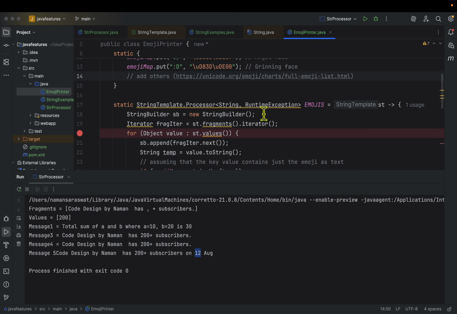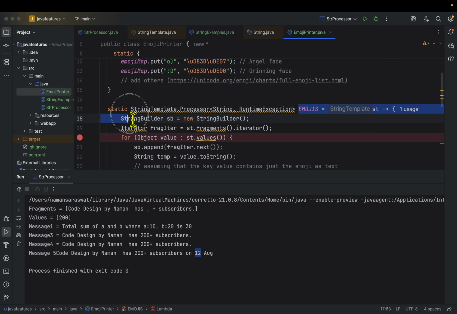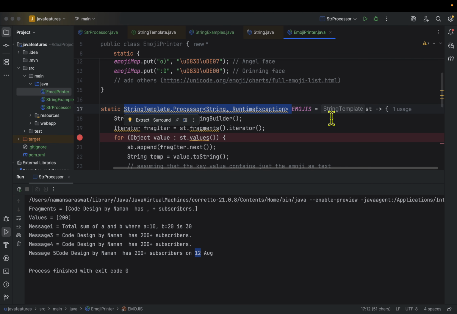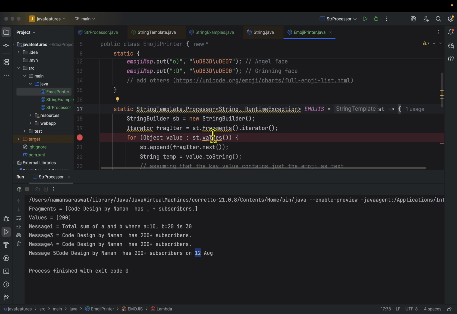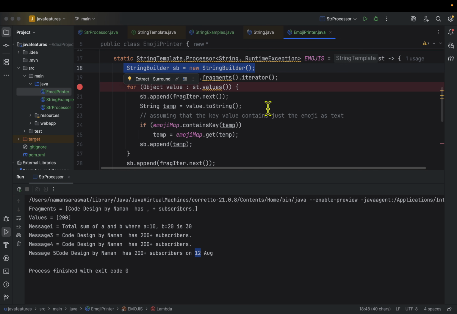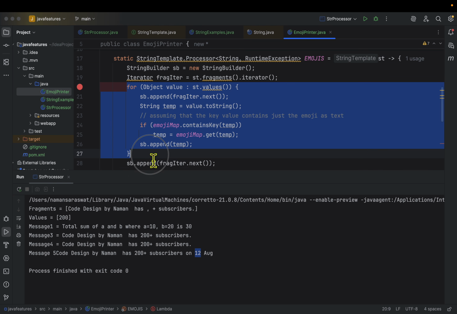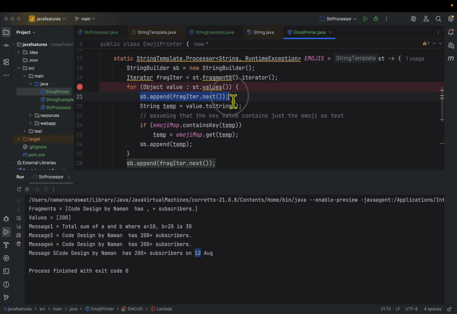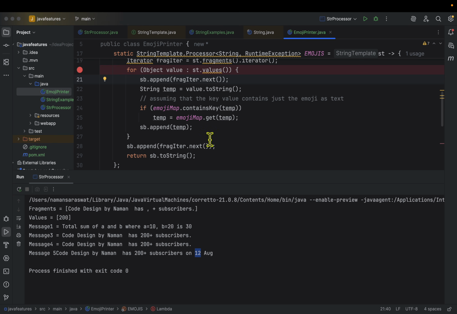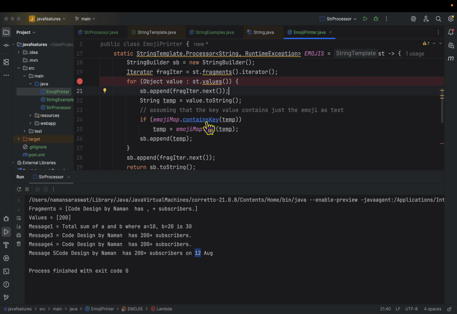And then we are creating one string template processor. Here we are defining the static string template processor, which requires a string template lambda function that we need to pass. So here we are defining a string builder, an iterator, and then there is an object. This string template will have two kinds of values, one is fragments and one is values. Then what we are doing is appending the values and we are checking